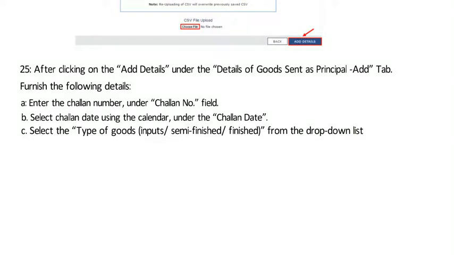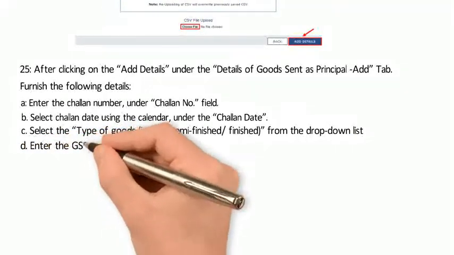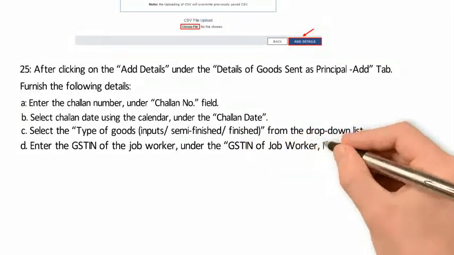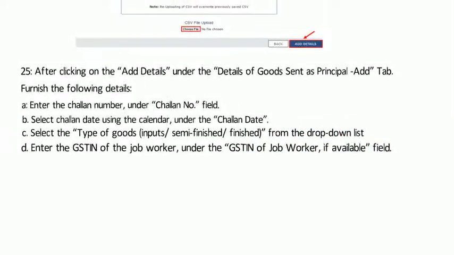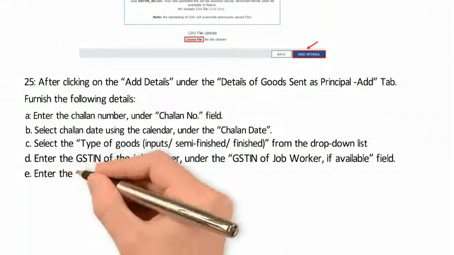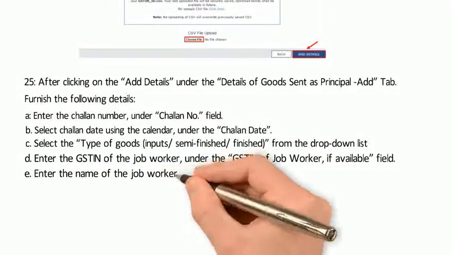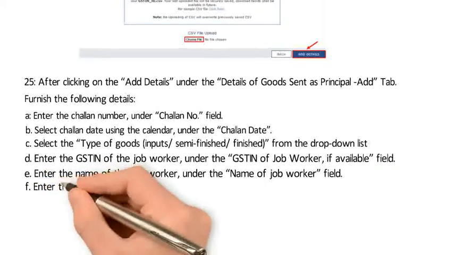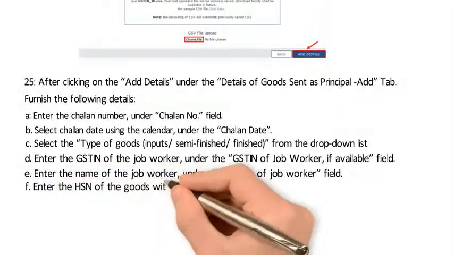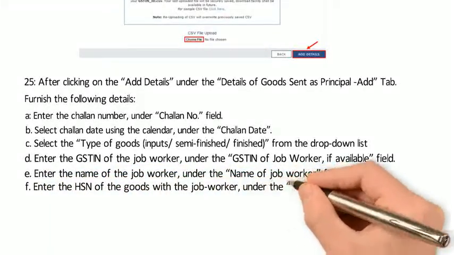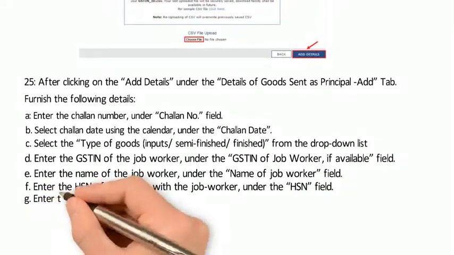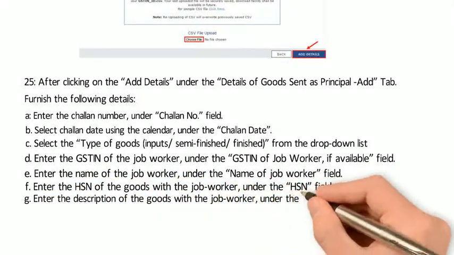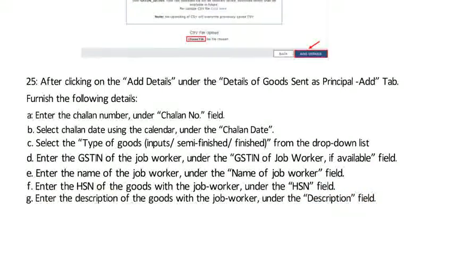D. Enter the GSTIN of the job worker under the GSTIN of job worker, if available, field. E. Enter the name of the job worker under the name of job worker field. F. Enter the HSN of the goods with the job worker under the HSN field. G. Enter the description of the goods with the job worker under the description field.